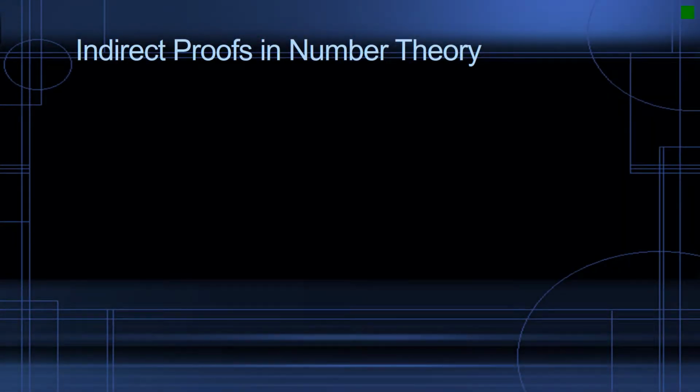All right, well, let's take one additional look at indirect proofs for algebraic proofs, and this has to do with number theory. And before we begin, let's review: in number theory, an even number can be represented by 2k, where k is equal to any integer,